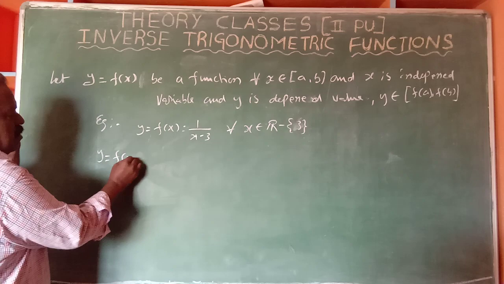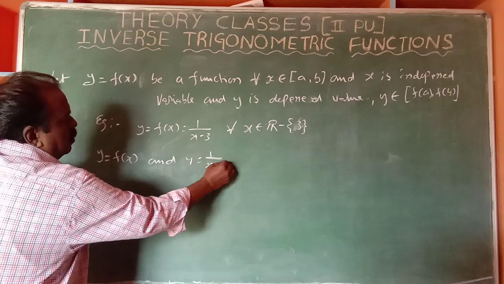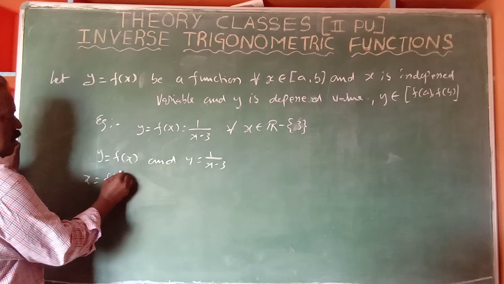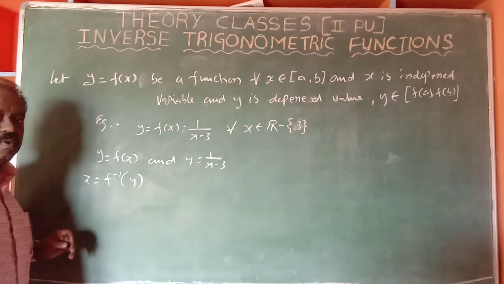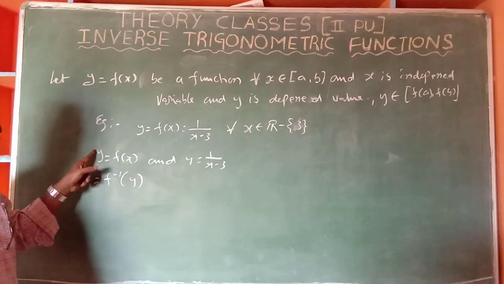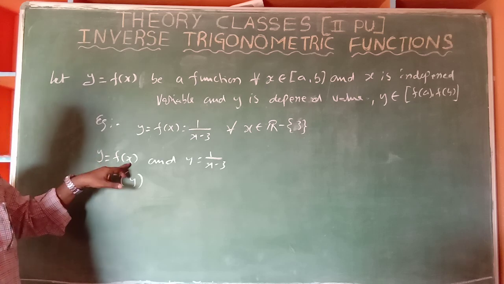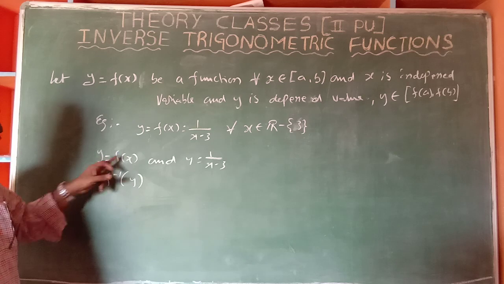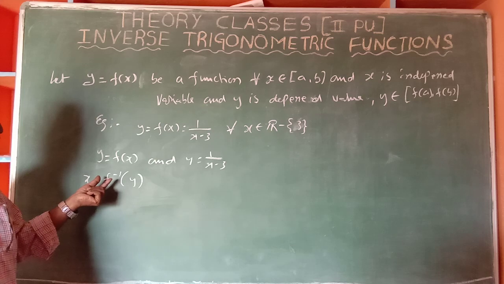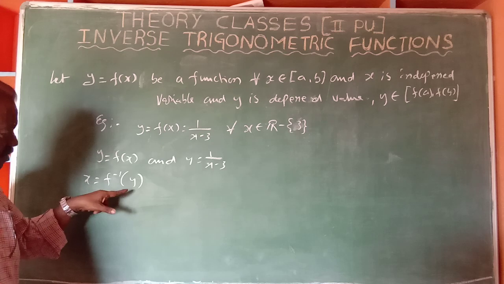Now, y is equal to f of x and y is equal to 1 by (x minus 3). Here, x is equal to f inverse of y. Try to understand. Y is in terms of x. And what is x in terms of y? A question will be raised. Y is equal to f of x, like this. Then what is x in terms of y? At that time we write it. It is a notation: f inverse. That means f comes to this side, meaning f inverse of y.